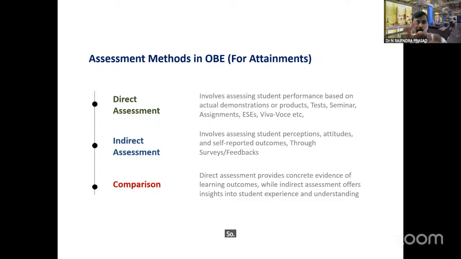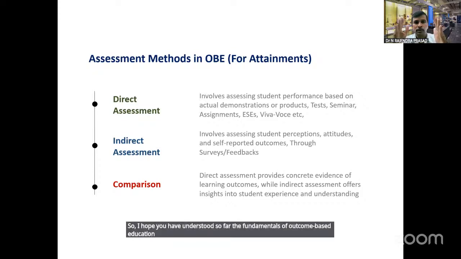So I hope you have understood so far the fundamentals of outcome-based education. So before we move on further, let us take